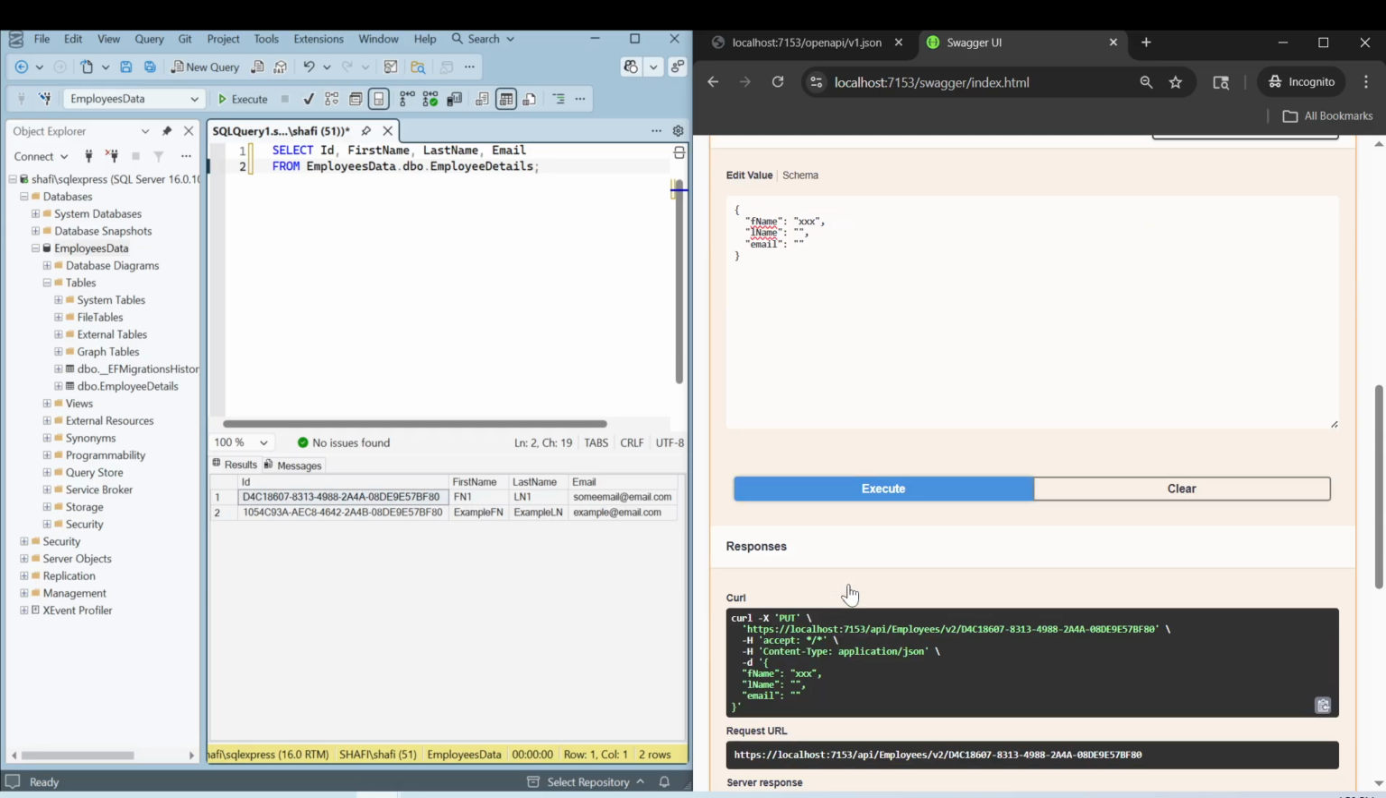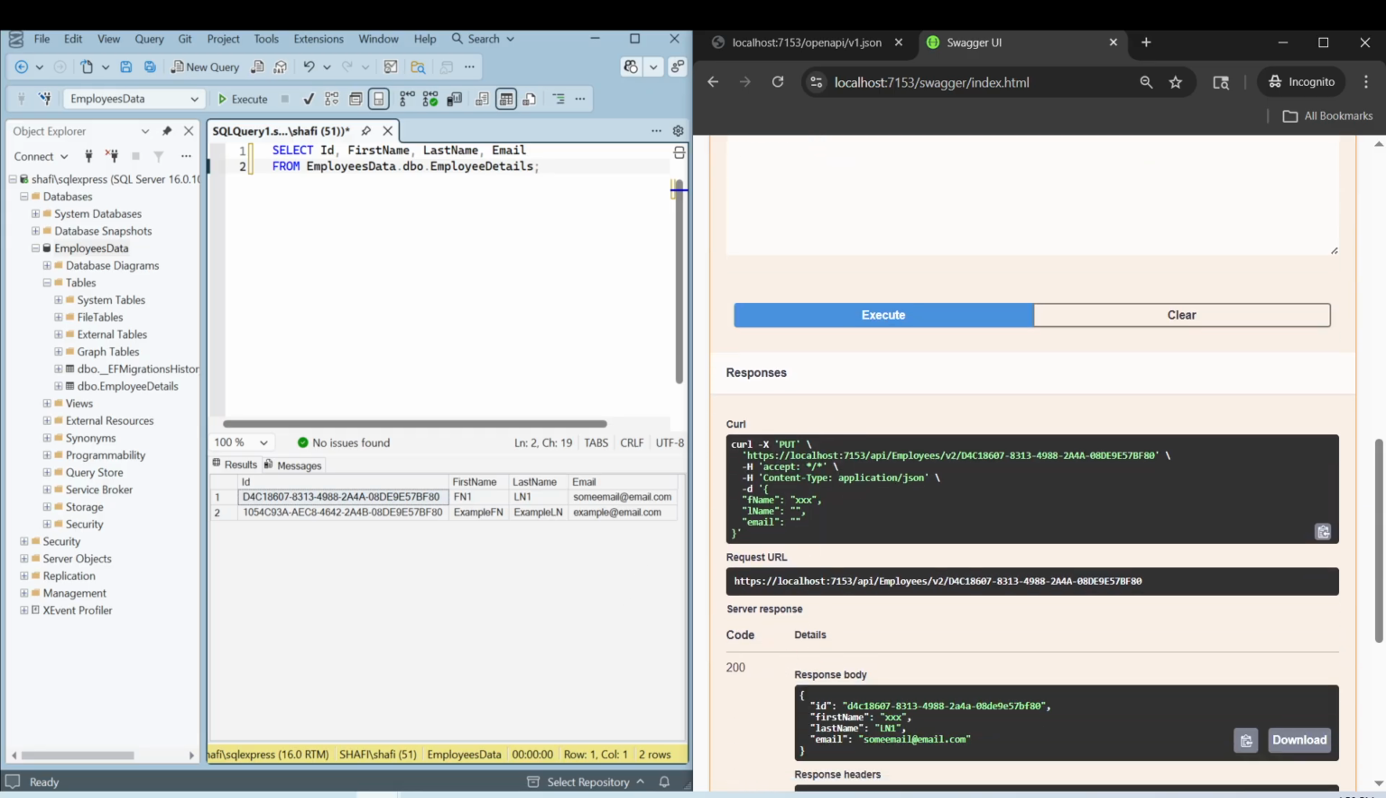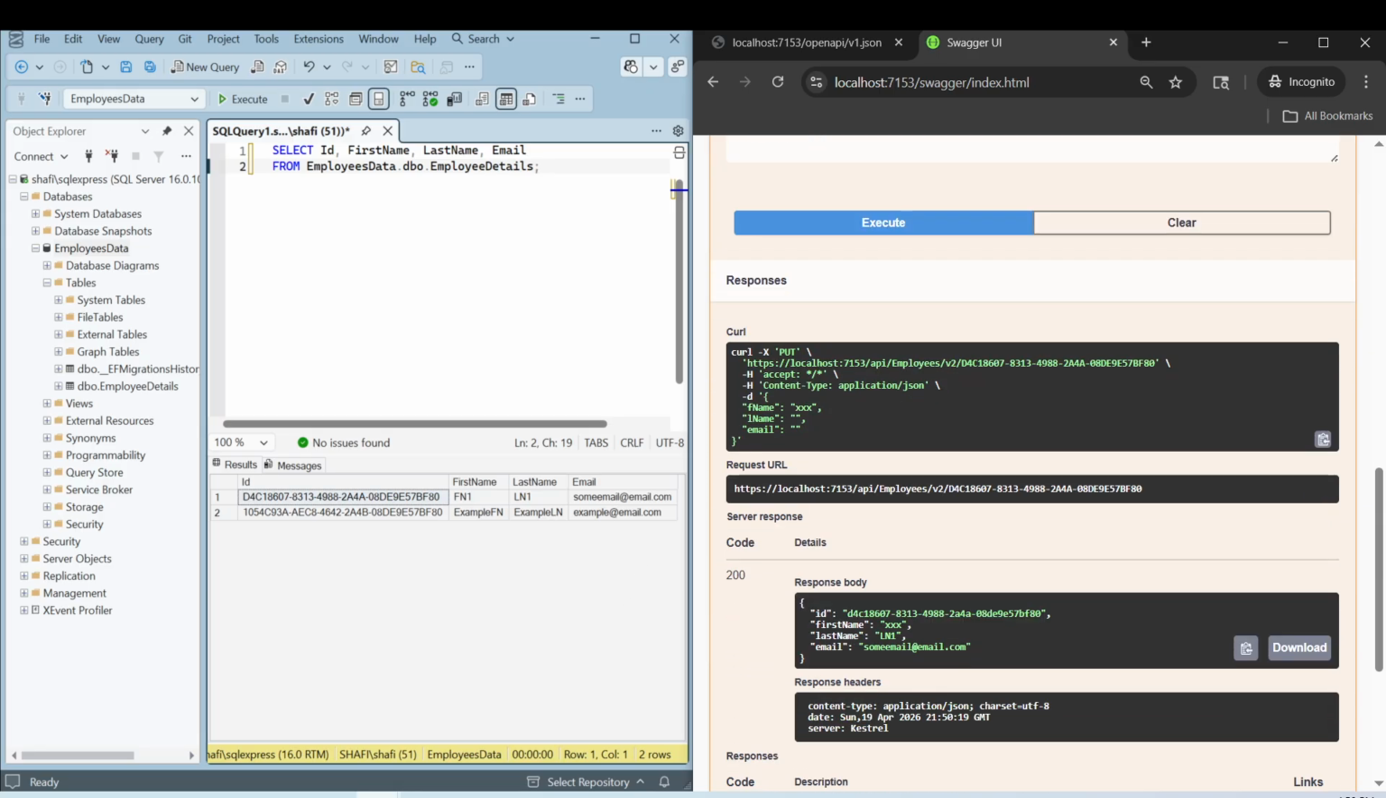So right now this says 200 OK response, and it has updated the first name, the rest is same. So let's run this query in a database, and you can see it's only updated the first name. The rest two columns are same. Okay, now